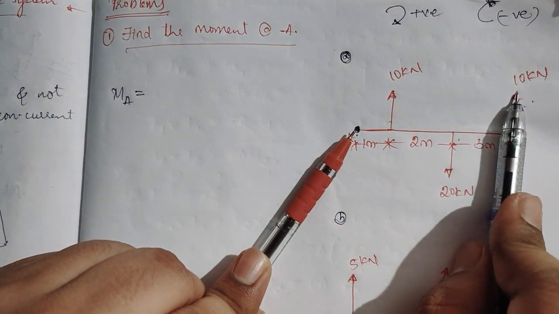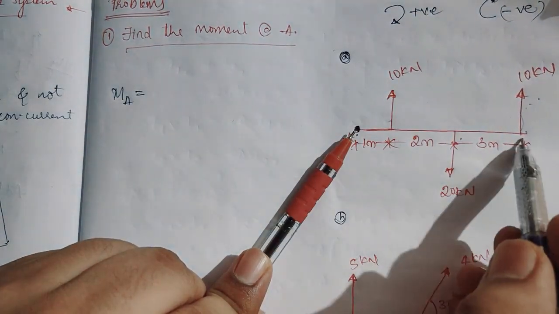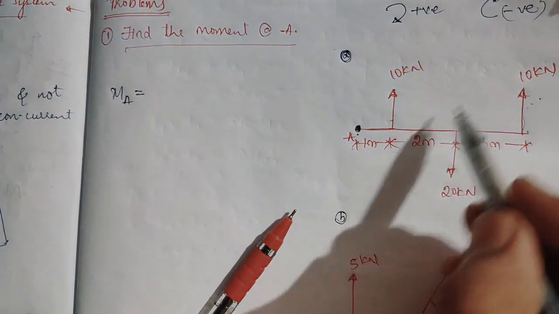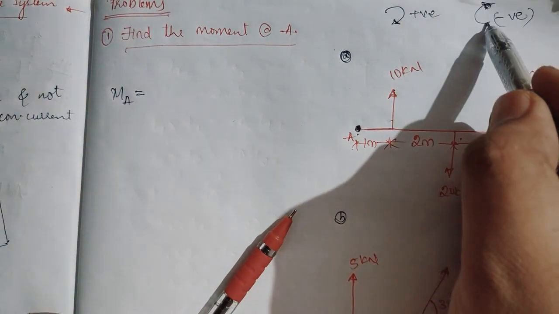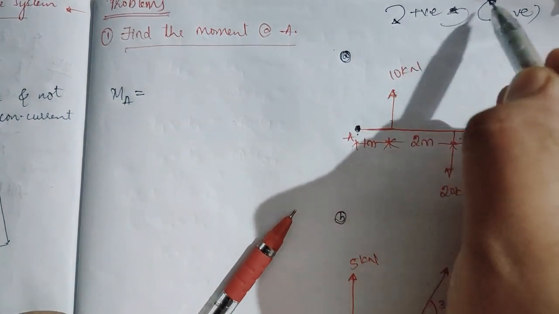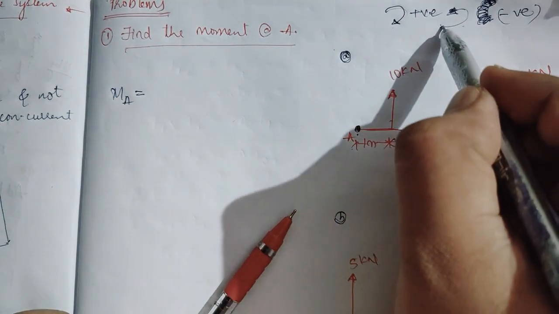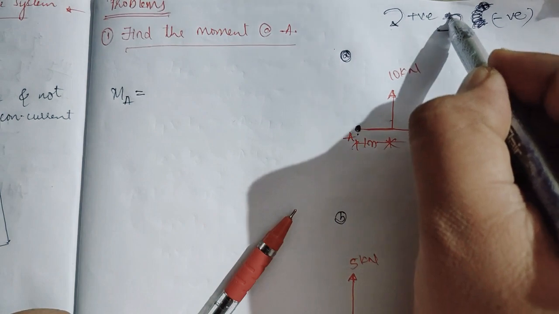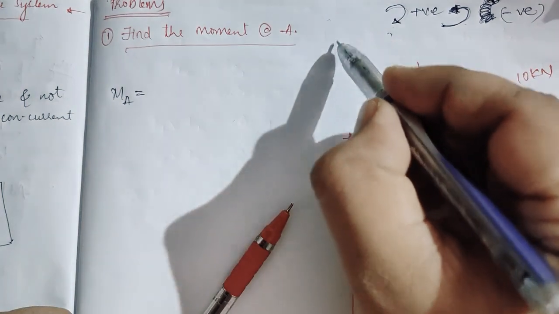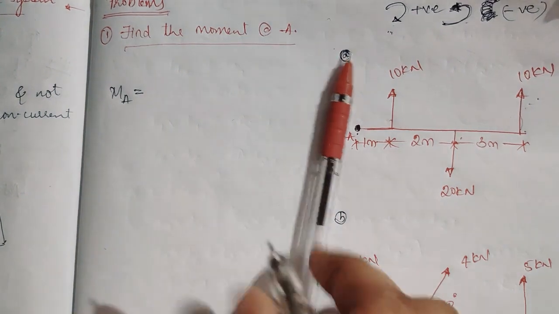About A, this is upward. How will it move about A? It will move like this, which is the anti-clockwise direction. Sorry, I made a mistake here. Clockwise is this, and anti-clockwise is the opposite. In a clock we see tick tick tick, it moves like this. This is the clockwise direction, and anti-clockwise will be like this.